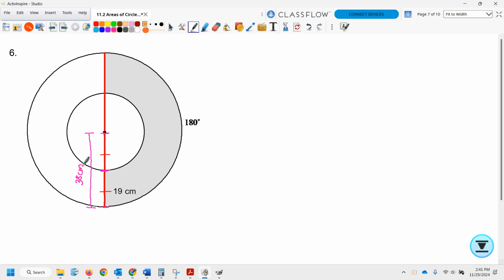All right. Now, there's a lot of stuff happening here, okay? Because, first off, I have half of a circle. I'm not setting up a proportion, okay? We're talking about a whole circle while we're talking about portions of a circle, parts of a circle, but not sectors of a circle. This is not a sector. It's not a piece of pie. All right? So if I ignore all of this circle over here and I just have half of the big circle, well, the big radius is 38. Half pi 38 squared minus,